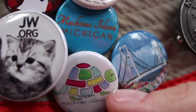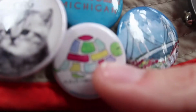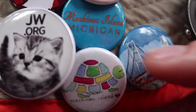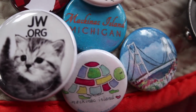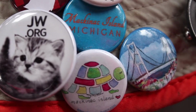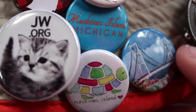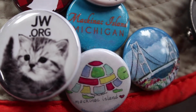So these are from my friends Tierney and Kira, and they're from Mackinac Island, and I love Mackinac Island. So this one here depicts a cute little turtle, this one here is the Mackinac Bridge, and this one just says Mackinac Island, Michigan. And I really appreciate these because I have been to Mackinac Island since I've gotten the hat, but in Mackinac Island, I do not wear this hat. I strictly wear a coon hat. So I have not gotten my own pins for it, so I'm really appreciative that they got them for me,